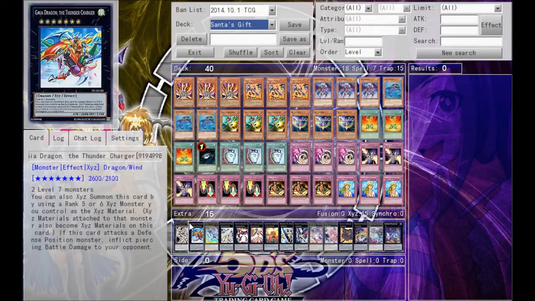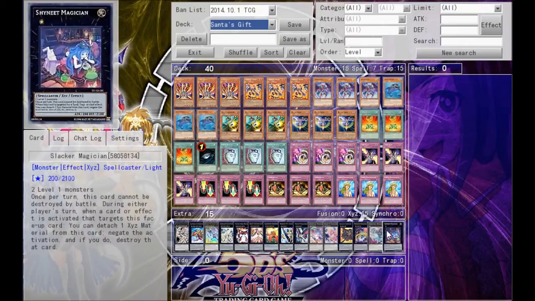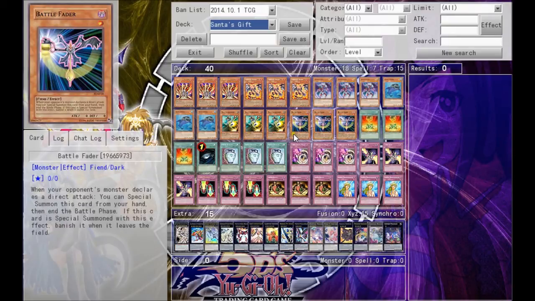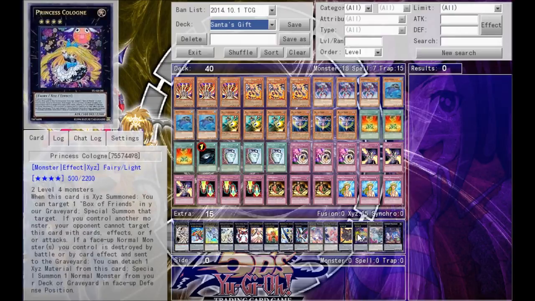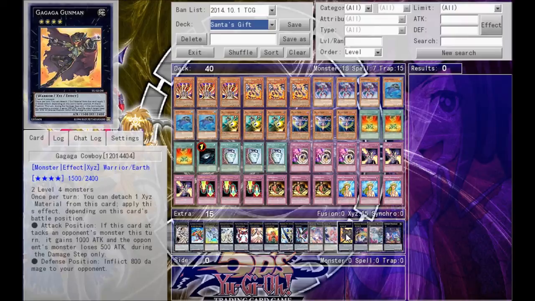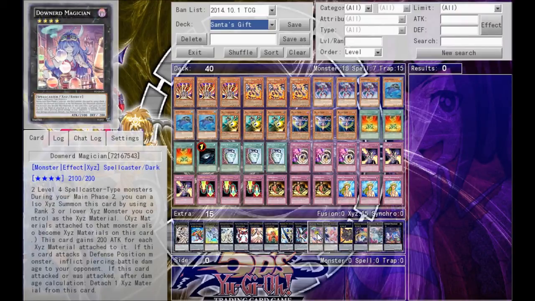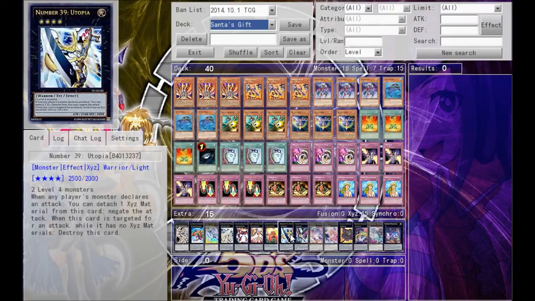And now we're going to the extra deck. I run 1 Slacker Magician and 1 Dullahan, and that's only if you can get these cards out at the same time in XYZs. Then we have Princess Cologne as a random defense monster, Gaga Cowboy, Heartland Draco, Downer Magician, Pappy Operative, Utopia,